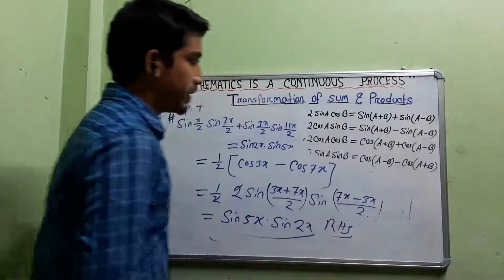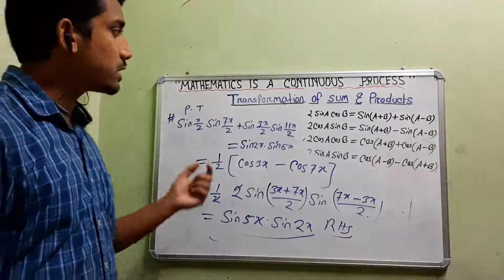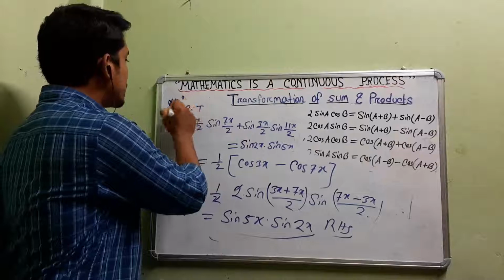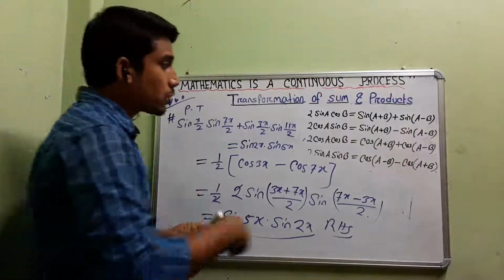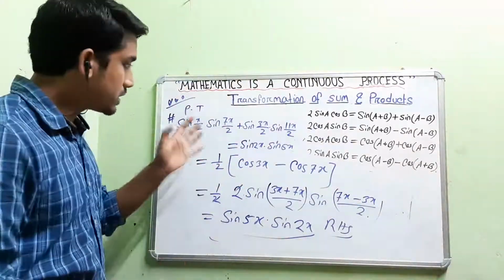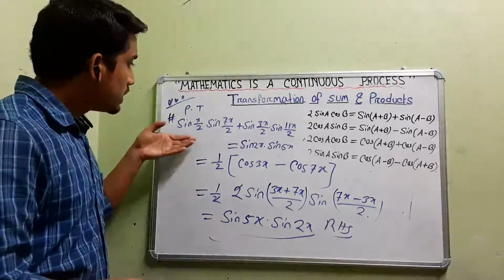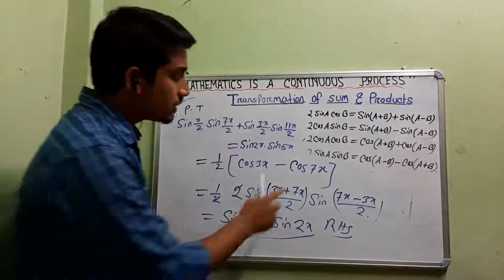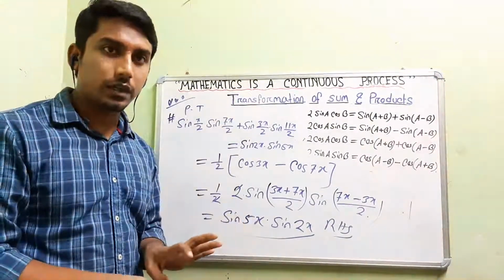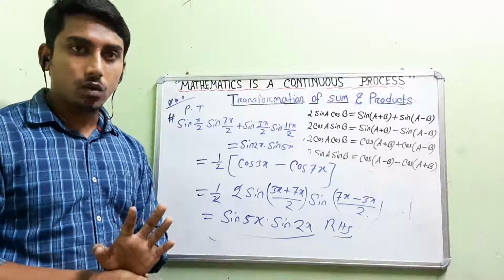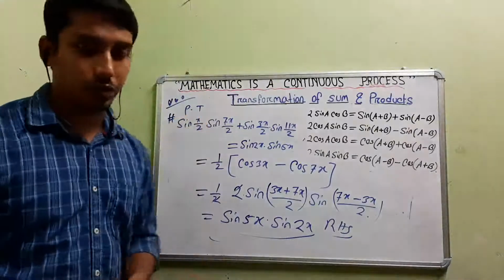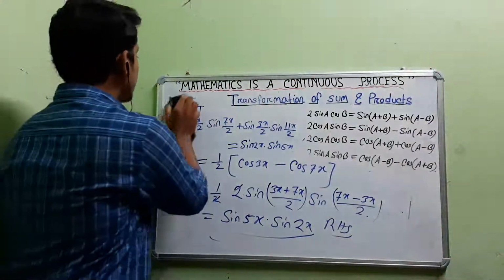This is the way to solve the problems. As it is a topic of transformation of sum and products, some very important problems will be there where these formulas may be needed. Also the first 4 formulas will be needed, means a combination. In solving this type of problem, you may need any formula out of these 4 and the previous 4 that I have given, cos C plus cos D, sin C plus sin D. Those formulas may also be needed, very important. Then let me go to the next problem.